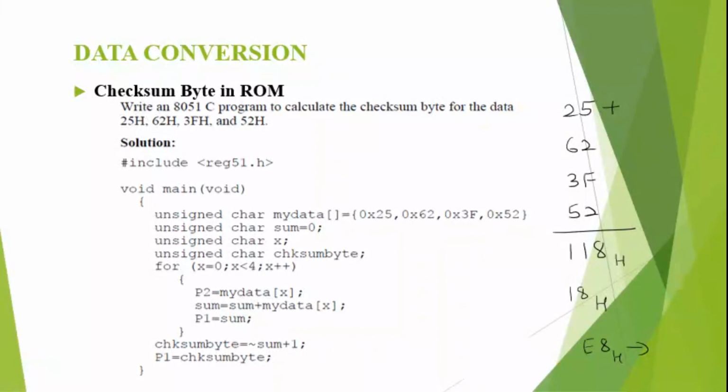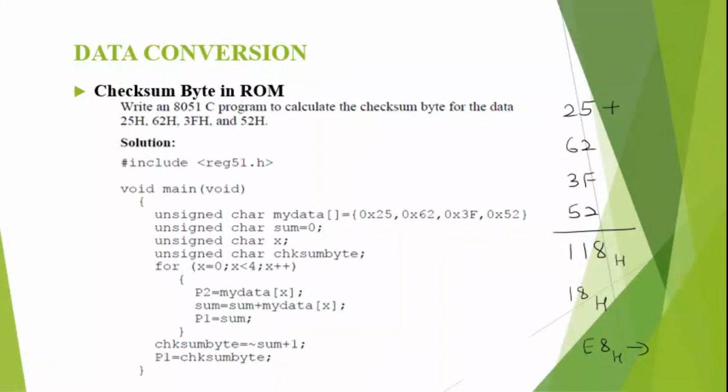So let us see the program written to illustrate this process. In the main function, my data array is declared, which has the values 25H, 62H, 3FH and 52H. So the series of data is stored in the array mydata, and then we have a variable sum declared, assigned value 0, and then variable x is declared and one more variable checksumbyte.